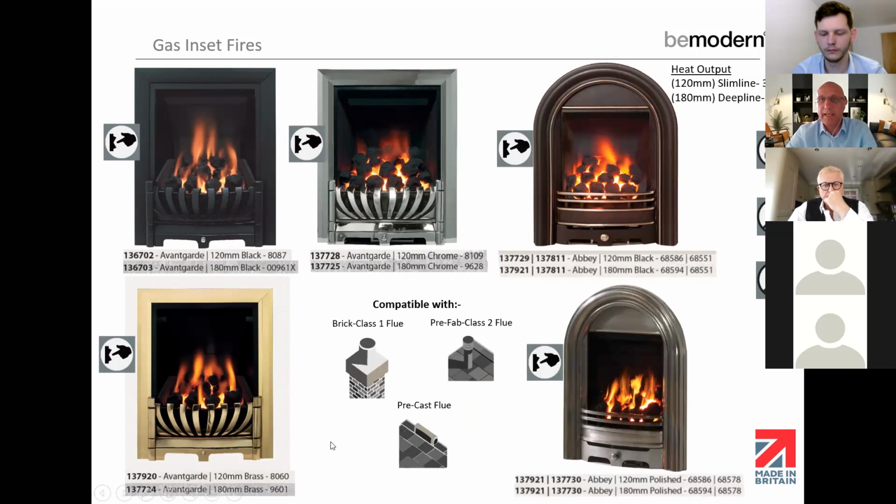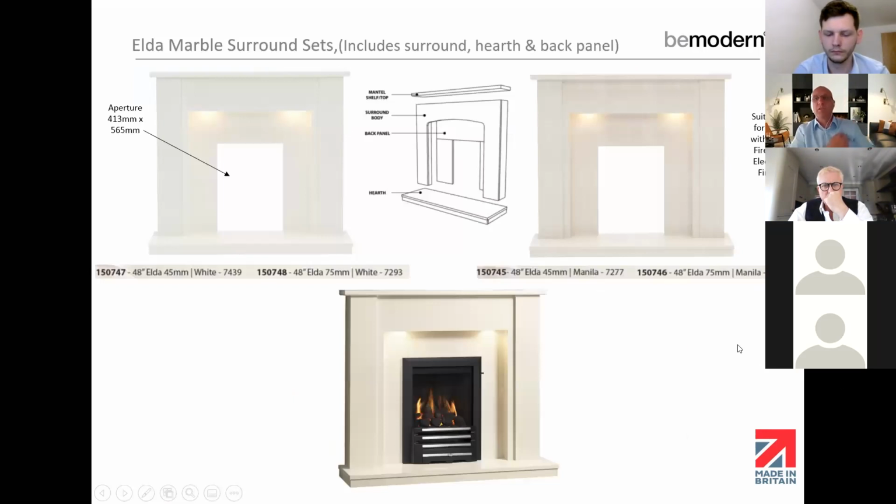And the good thing is that the selection we've chosen for the range means that they're all compatible with all those 3 flues. So class 1, class 2, and precast are fully compatible with these gas fires. Moving on to the surrounds,